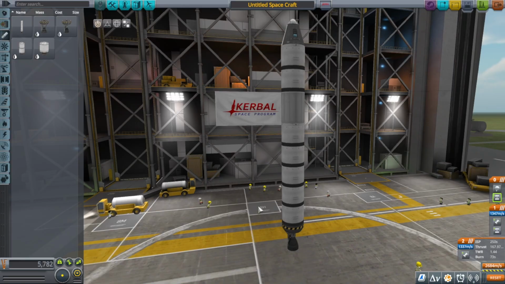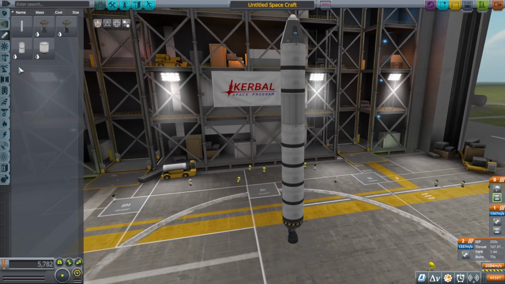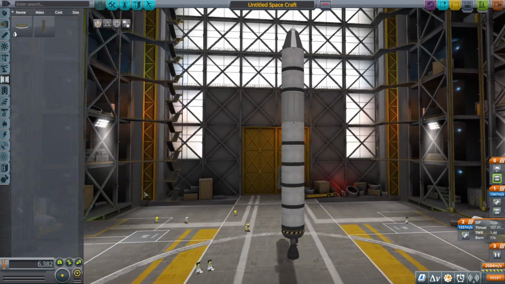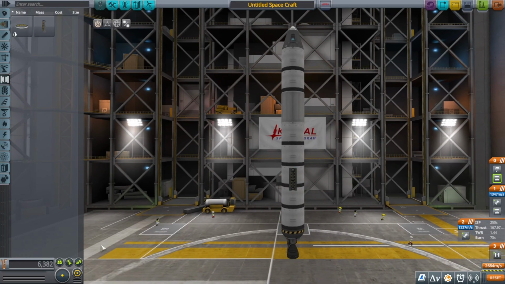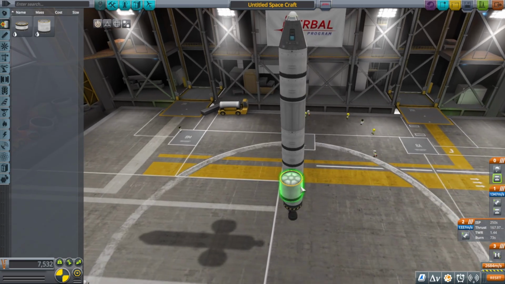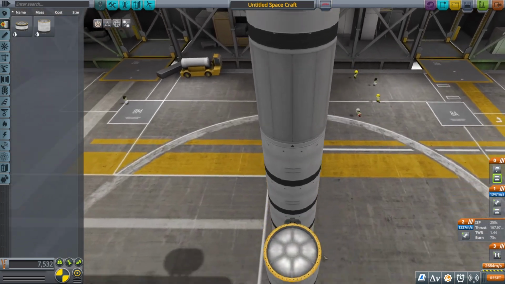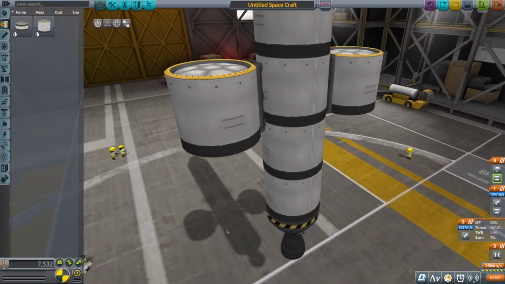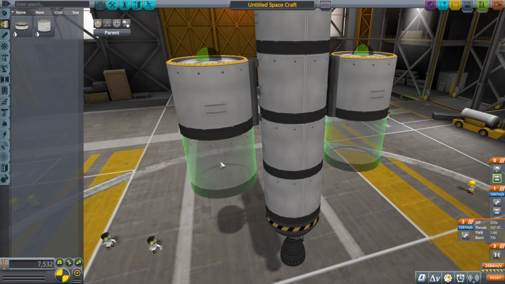But we don't want to just add stages to the bottom. Like I said, it gets very unstable eventually when you get too tall. So we're going to come over here, we're going to use our radial decoupler, and it goes on the side. So we've done this with science parts already, but we're going to try this with this decoupler, which will allow us to add fuel tanks to the side of our rocket. So just going to place it correctly there, make sure it's straight, it's not off on a little angle there, and then we'll just add more